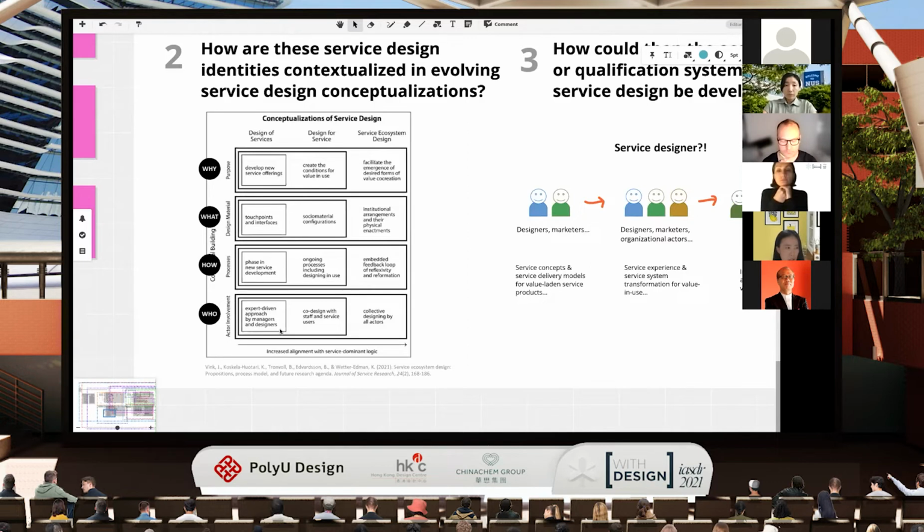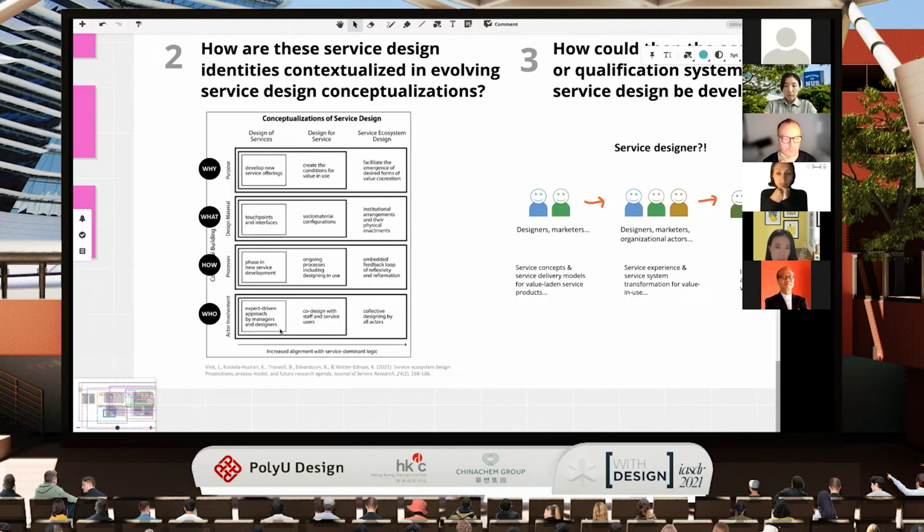And here the design material is not just limited to physical touch points or interfaces, but extended to social material configuration. And from the service ecosystem design perspective, here, the design purpose would be to facilitate the emergence of desired forms of value co-creation by shaping institutional arrangements